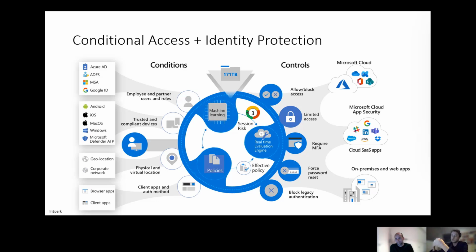So if you are a specific user, if you are going to connect to a specific app, or if you're coming from a specific device, then I have controls like force a password reset, require MFA, making sure that the device is registered within your tenant. Now, all those controls are in place, and after that I can say I grant you access because you've met all the conditions.